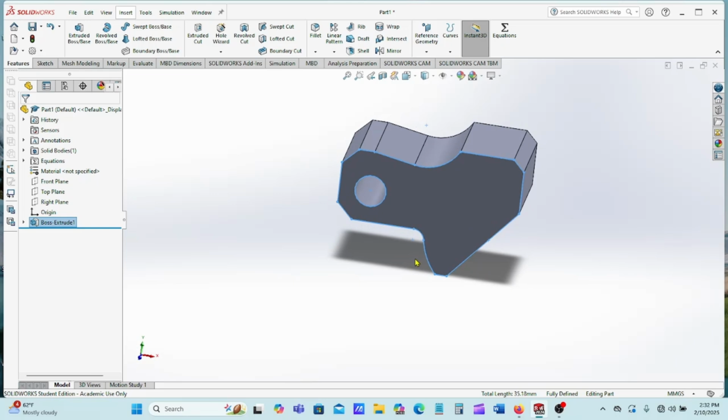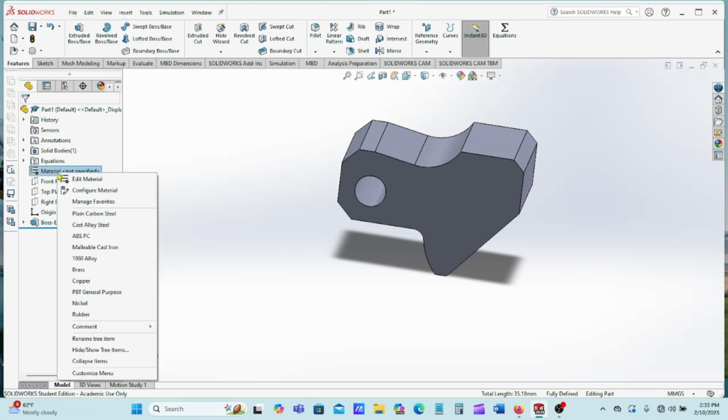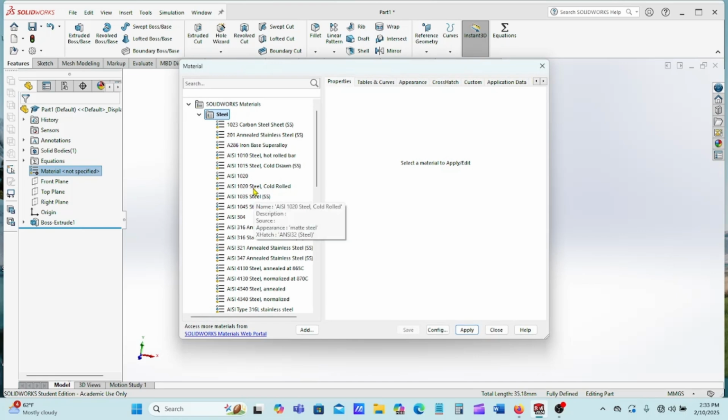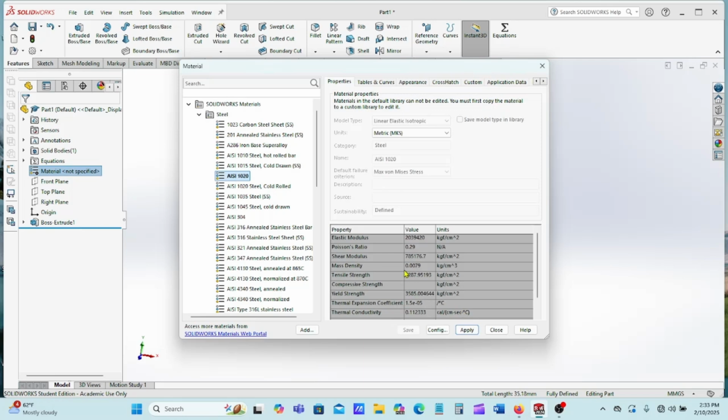So our first part is now complete, and what we are going to do is apply some material. I'm going to click on this, right click, and do edit material, and I want to do AISI 1020. That is the closest to what it calls for as far as mass density, and I want to click apply, and then I can close,